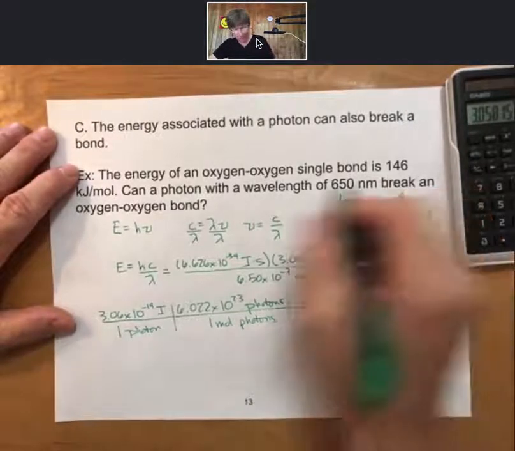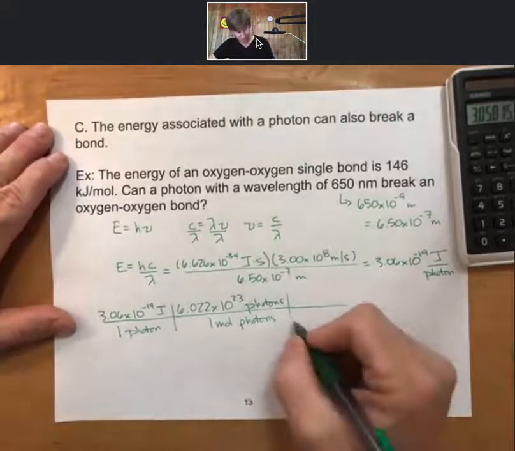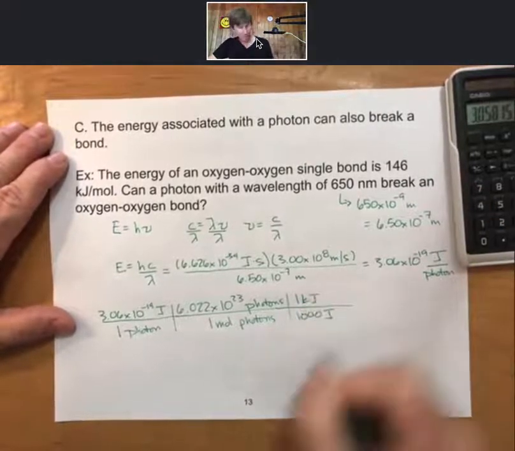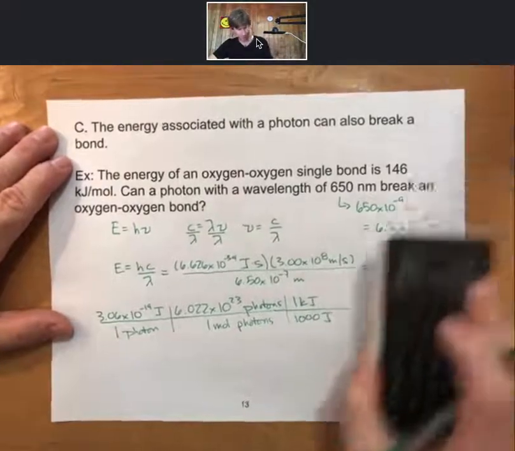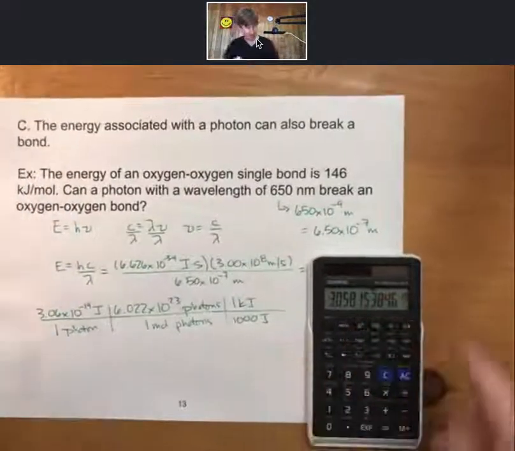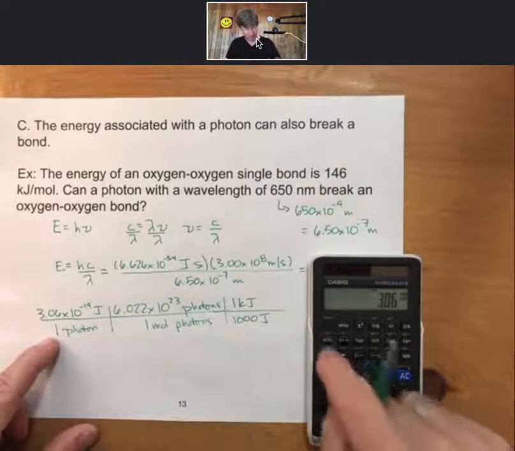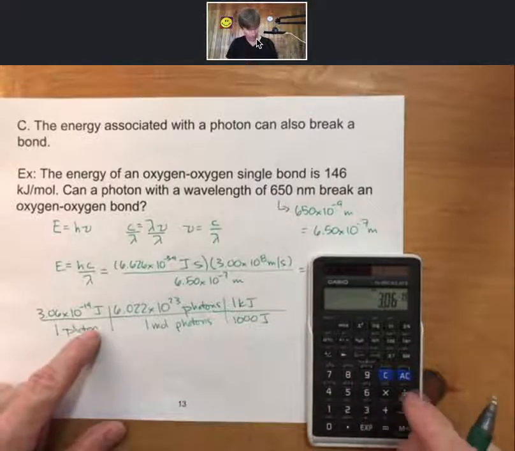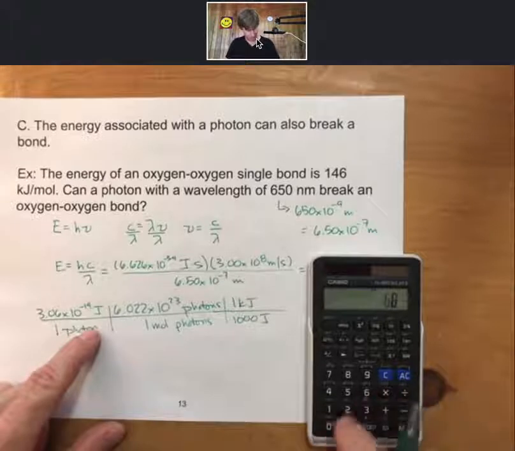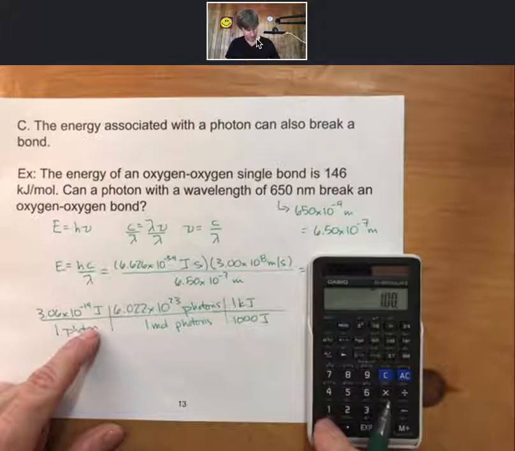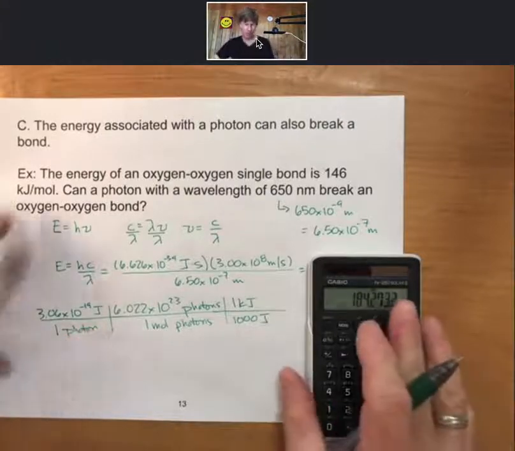And then because we're in kilojoules, we'll convert joules to kilojoules. 1,000 joules equals 1 kilojoule. So start with our joules, multiply it times Avogadro's number, divide it by 1,000, and we get 184